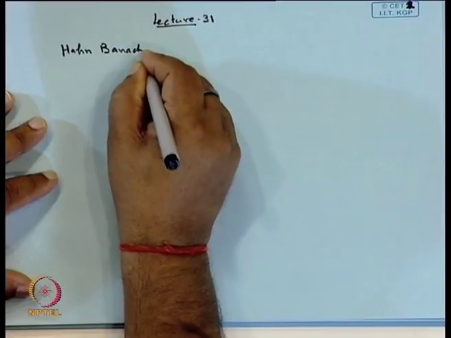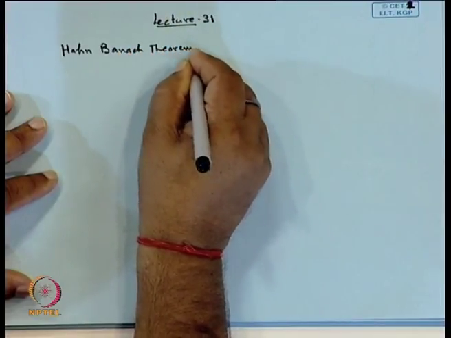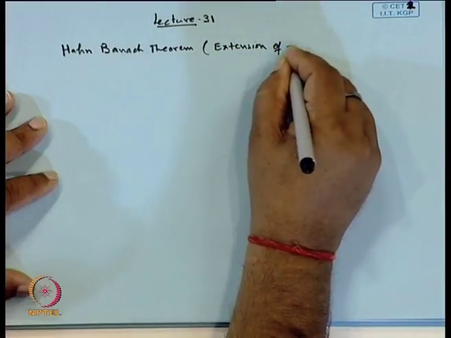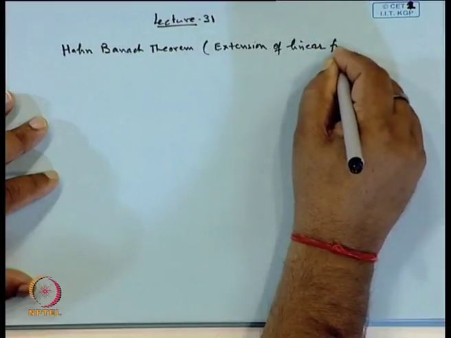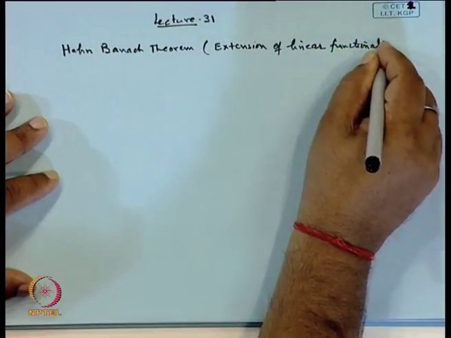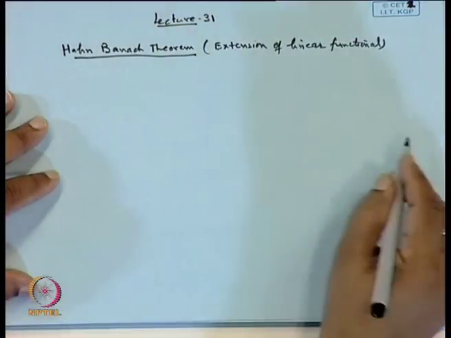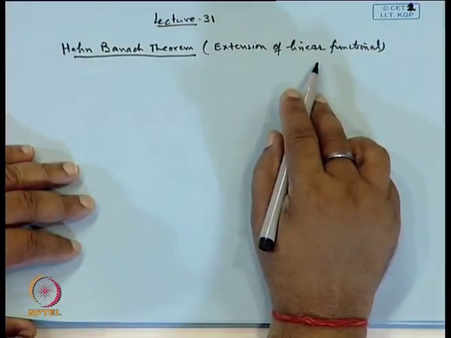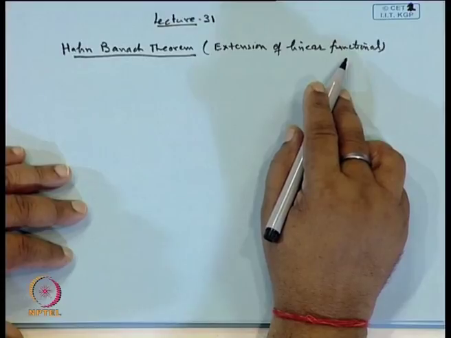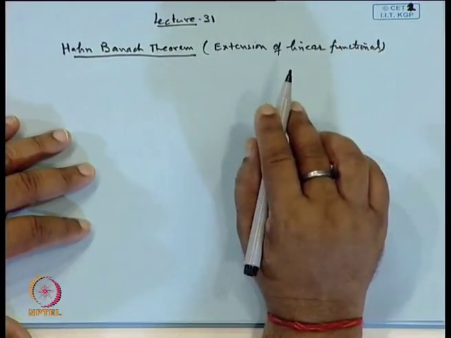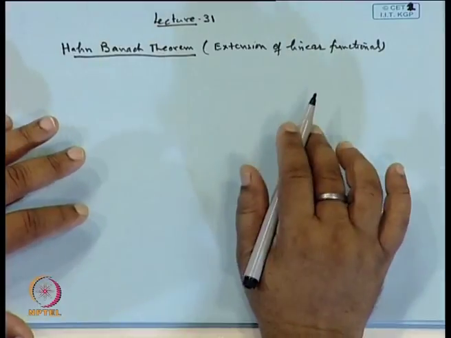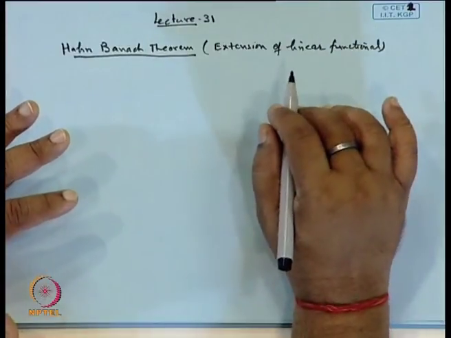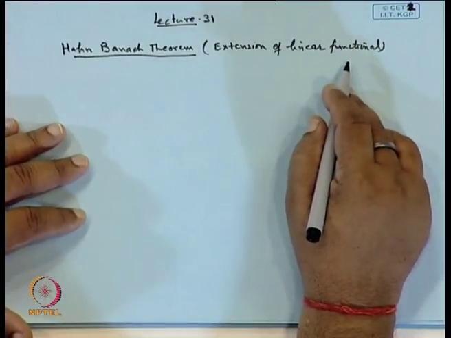It is basically an extension theorem for linear functions. So, the Hahn-Banach theorem is an extension theorem of linear functionals. Now, this theorem gives a guarantee that there are an adequate number of linear functionals on the normed space, or normed spaces are enriched with bounded linear functionals. Hence, the theory of the dual space can be taken up very well and gives you the results which we